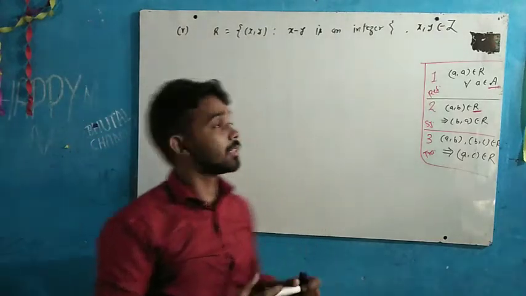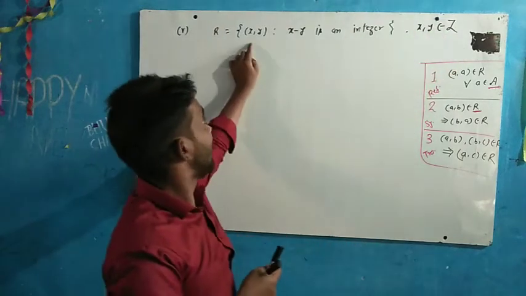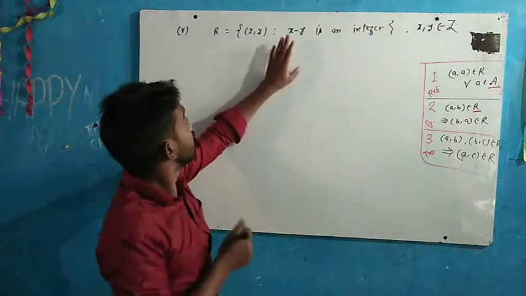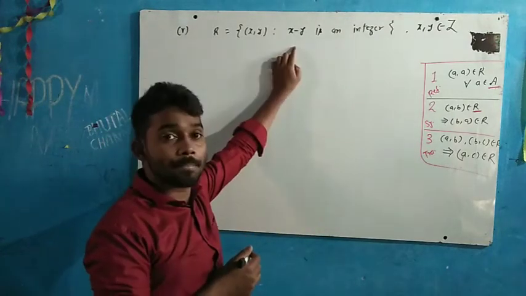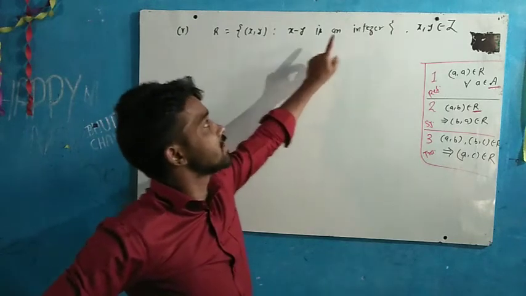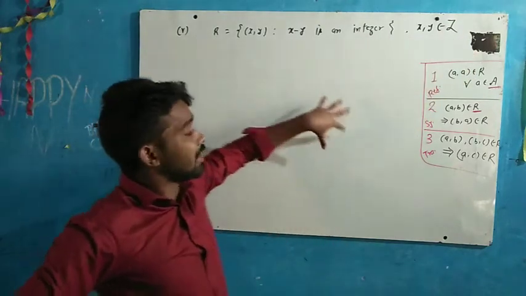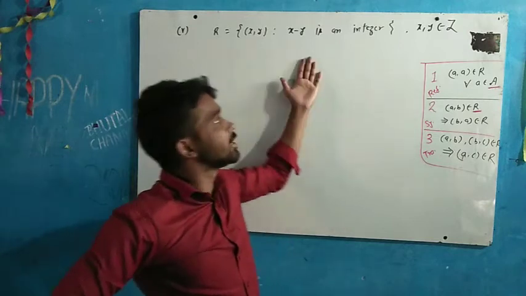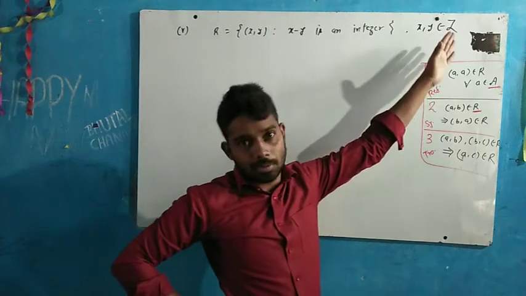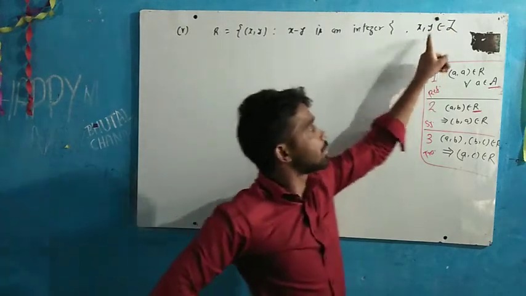So now the fifth part is given as a relation R on the set of integers, given as (x, y) such that x minus y is an integer. It means in relation R, those two numbers exist whose difference is an integer, and already these two numbers are integers. Listen beta, earlier we have written R in the roster form, but here it is not possible. Why? Because x and y can take an infinite number of values. There only a few values were given, but here both x and y belong to capital Z.